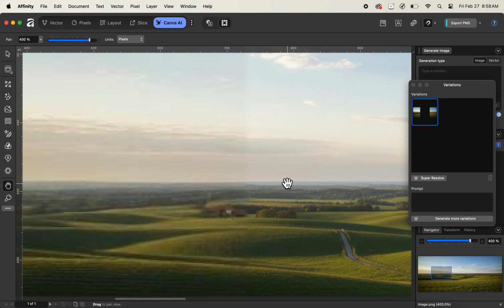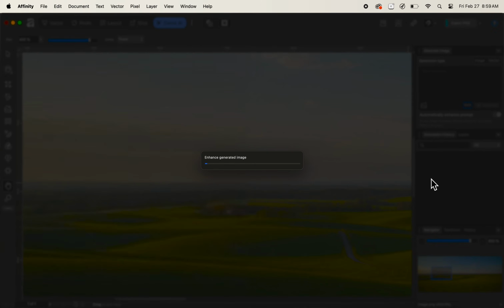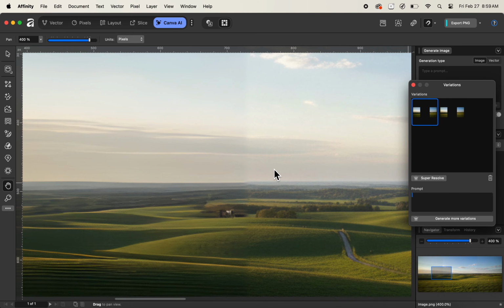So there's also an option called Super Resolve where we can simply increase the resolution of the generated images or extended images. So if you click on it, you can see now that our enhanced generated image is being processed, or our super resolution feature is now being processed. And now you can see that it is trying its best to improve the resolution to some extent. However, the super resolve feature is still not yet perfect for this feature to generate